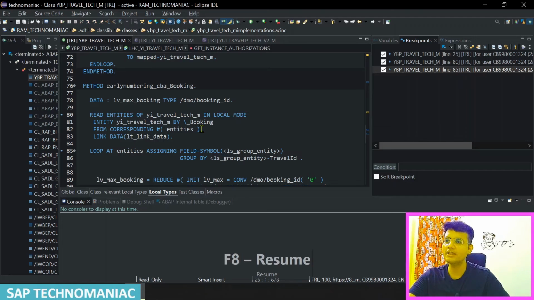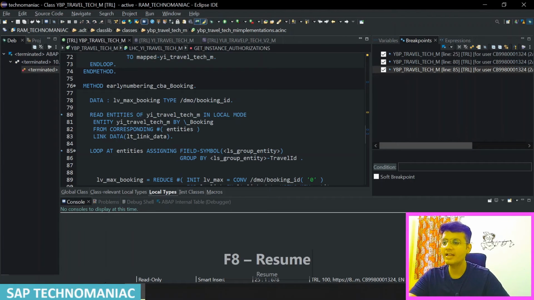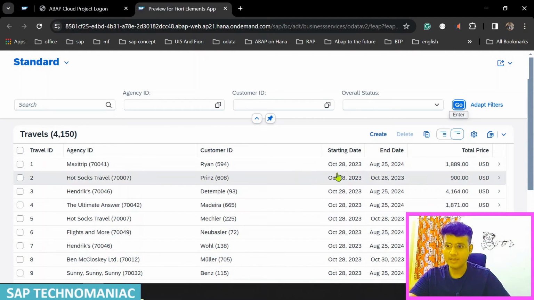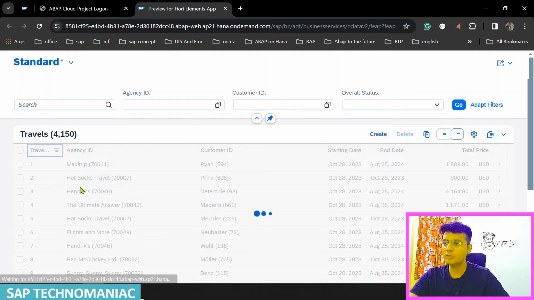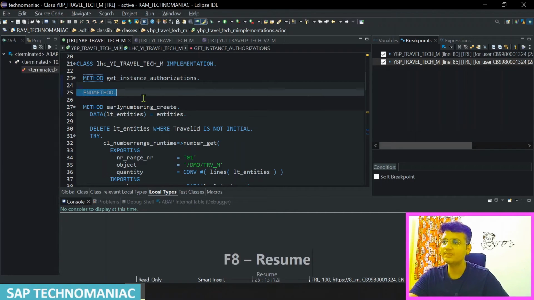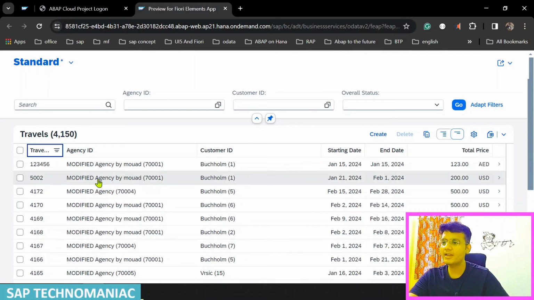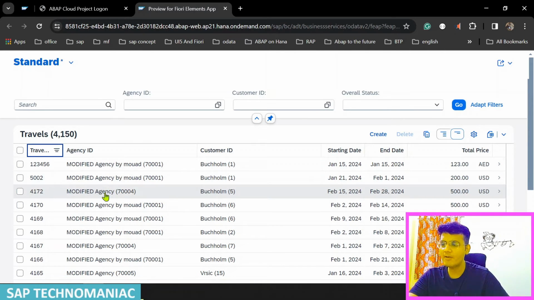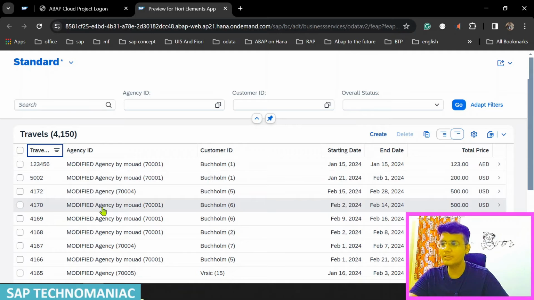So let me press F8. As of now it is not triggering, and let me come to my application preview. Let me sort all of these in descending order. Again it is triggering. Let me now remove the breakpoint from the authorization check, I don't want it to trigger again and again. Let me press F8 and come again, and this time I want to create a booking for travel ID 4170,